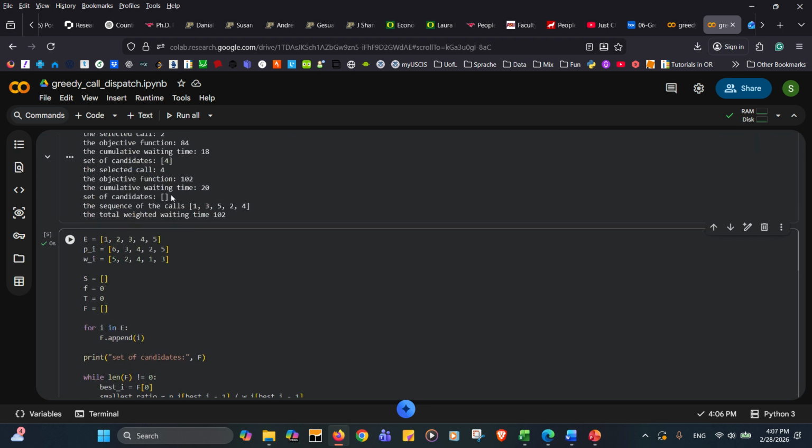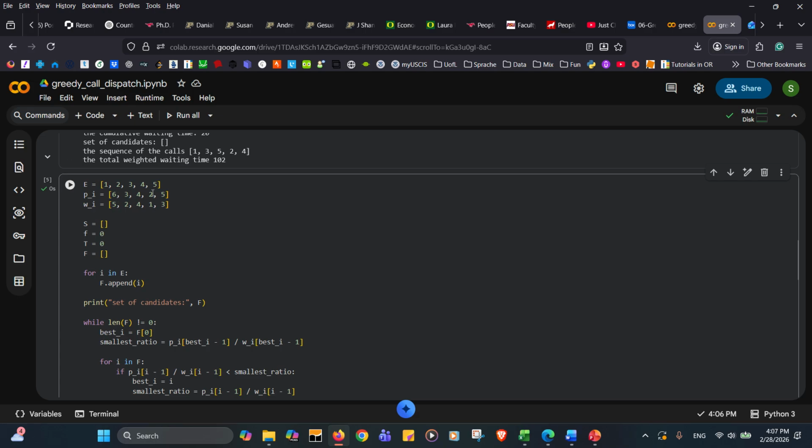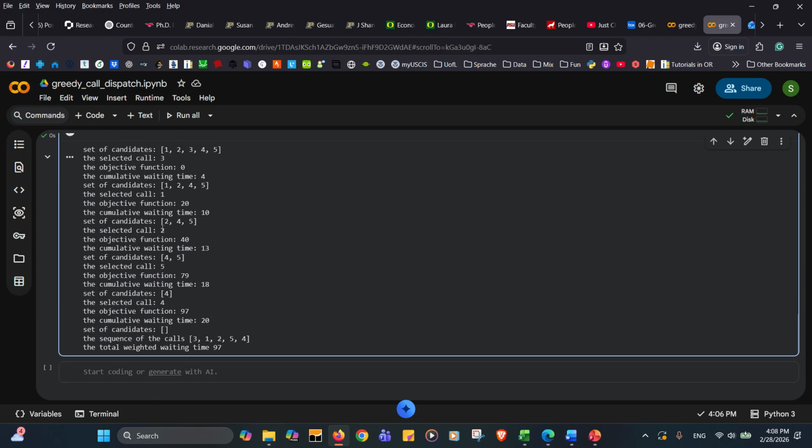The call number 1. So again, looking at the division, this is 2, this is 1.5, this is 1 point something, but this is the smallest because the distance is just 1, and this one is greater than this one, so you can do the comparison and make sure that this is the smallest value, which belongs to the first call. 6 divided by 5 is the smallest among those 4, so we select the first call. The objective function is the waiting time 4 multiplied by the weight of this item, which is 5. 4 multiplied by 5 is